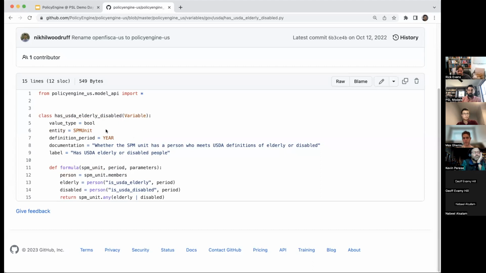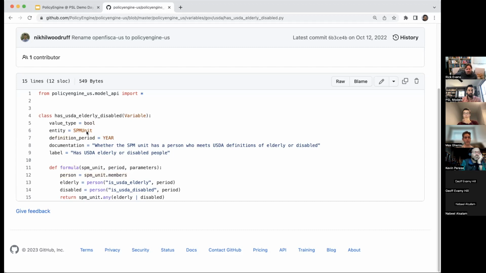That can be a person, a tax unit, an SPM unit, a concept defined by the Census Bureau that means people who share resources in the same household, or a household as well. The formula takes that entity as an input, but you can also navigate to other parts of the entity structure. If you're at the person, you could ask for characteristics about the person's household or tax unit, and you can go down as well.